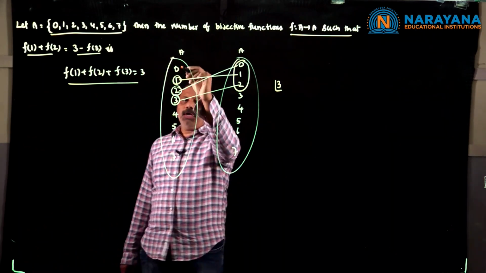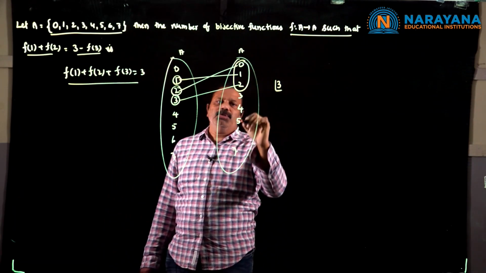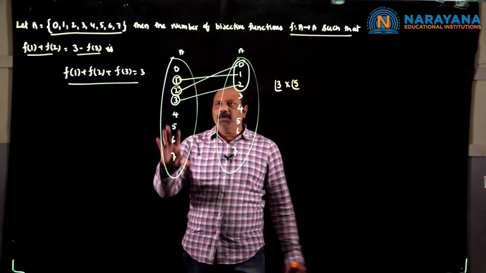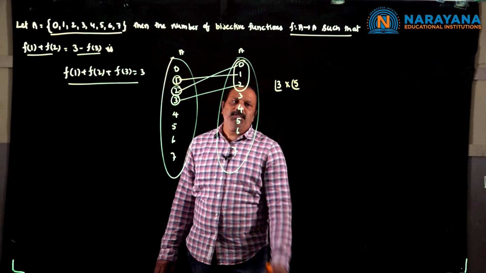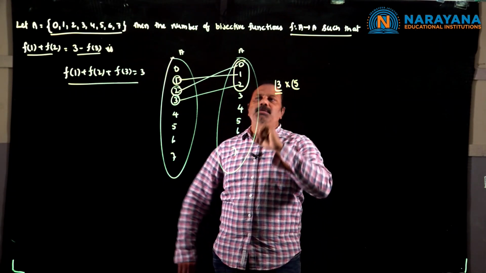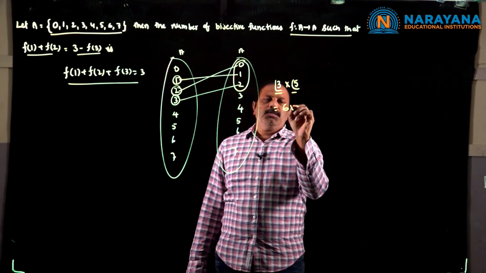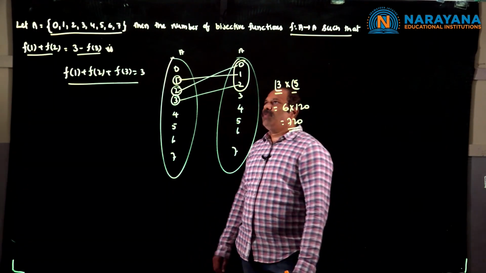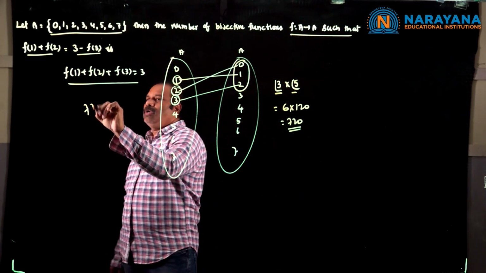Now we have 5 more left over. These 5 will go to these 5 images, I mean, sorry, 3, 4, 5, 6, 7. So that can be done in 5 factorial ways. These 5 elements 0, 4, 5, 6, 7 may have the images 3, 4, 5, 6, 7 because they don't have any restriction. So the first can be done in 3 factorial, the second in 5 factorial ways. This is nothing but 6 into 120, which equals 720. Therefore, the number of such bijective functions possible is 720. Therefore, 720 will be the answer.